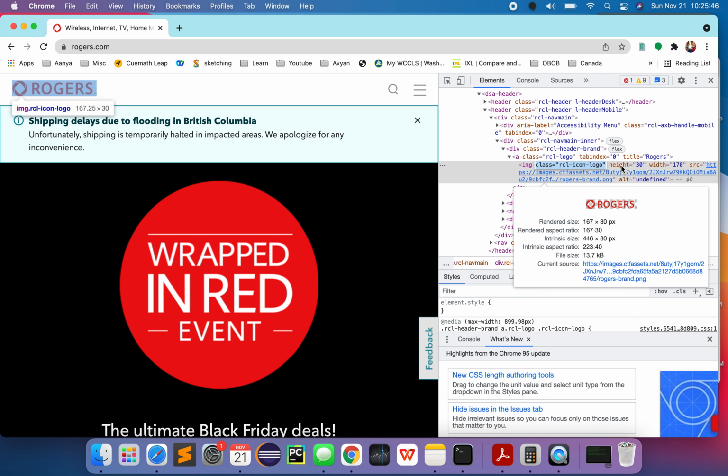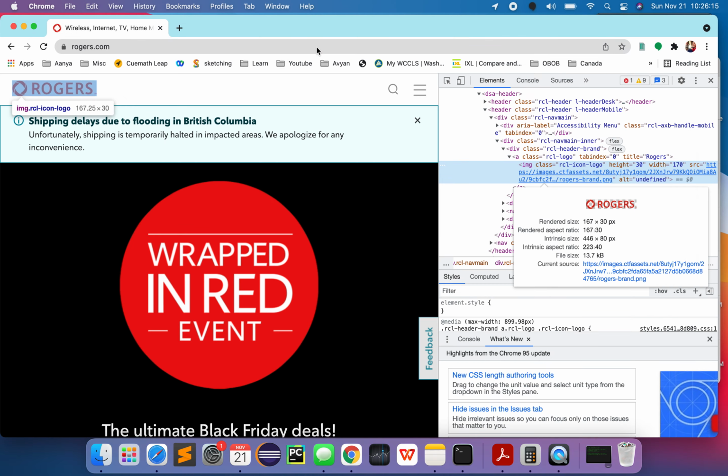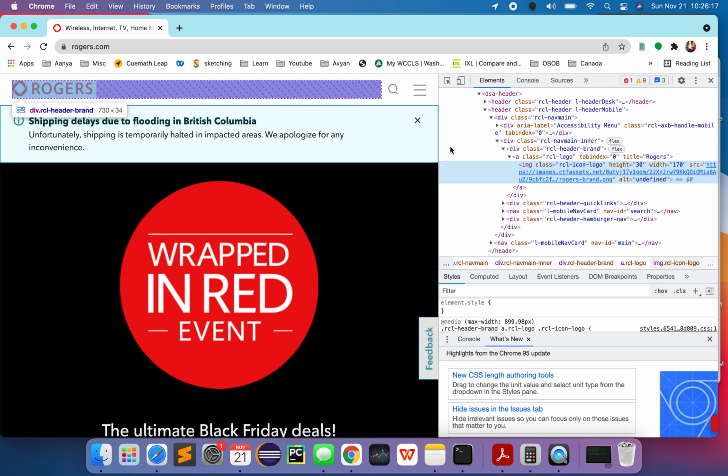In this case, if I choose something by height, it will not make much sense. By width, it wouldn't make much sense. But this class property is looking better, like class equals this. So that's what I'll paste over here. Instead of double quotes, I'll just make it single quotes. That's it. So this is how you identify their name. Most of the time it's as simple as this, but sometimes, like 30% of the time, you have to go beyond it. It's even more complex. I'll tell you those cases as well, but mostly it's that simple.